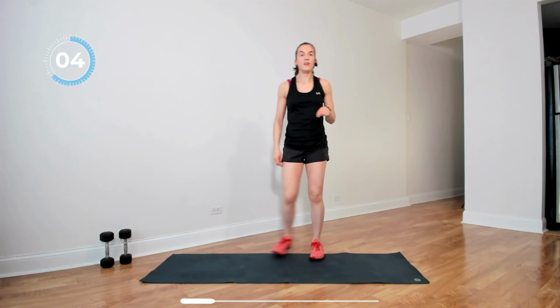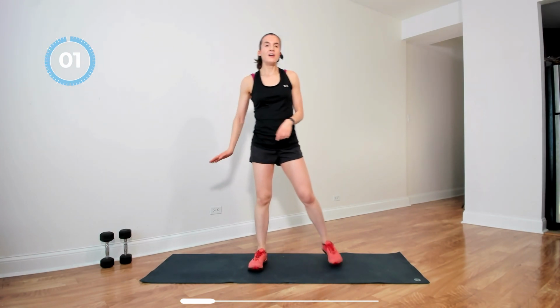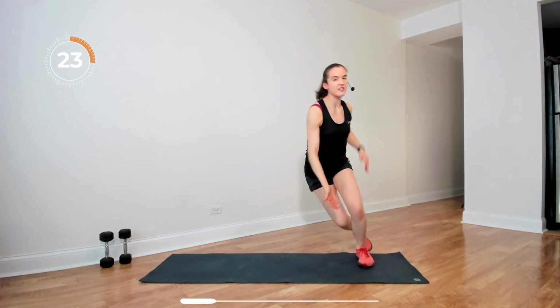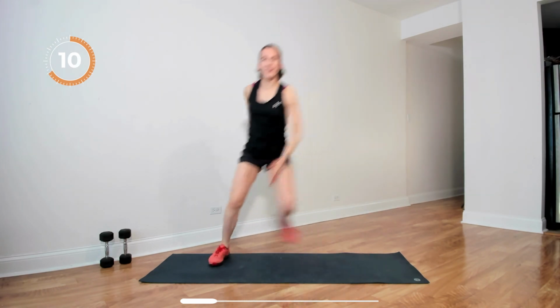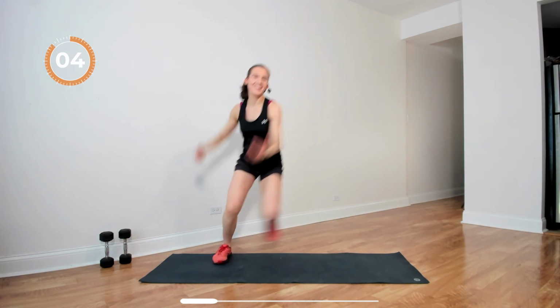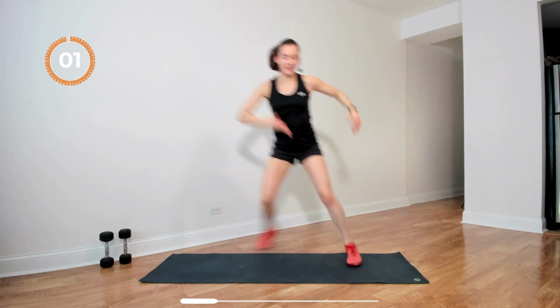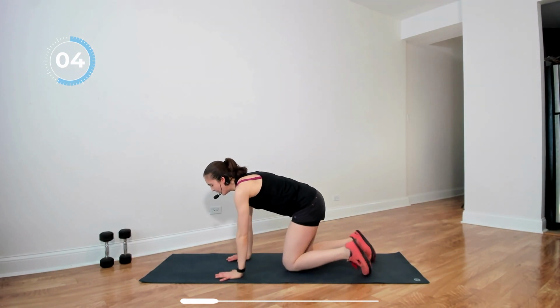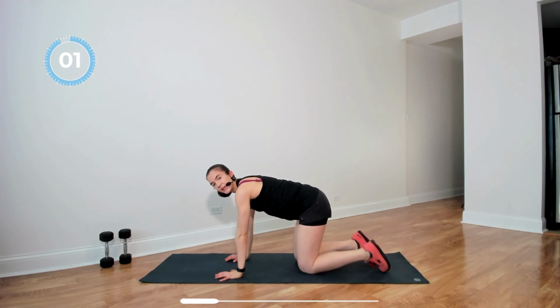Going into round number 1 of circuit number 1. Skaters, either step or jump. Here we go. Every exercise is 30 seconds. Three, 2, and time. Next exercise, on all 4s, opposite arm and leg, knee toward the elbow in 3, 2,